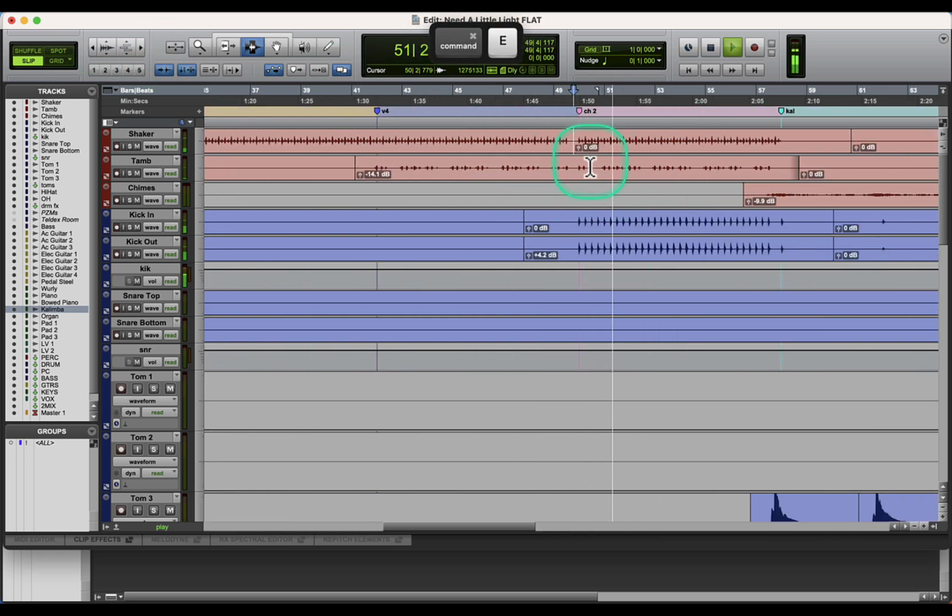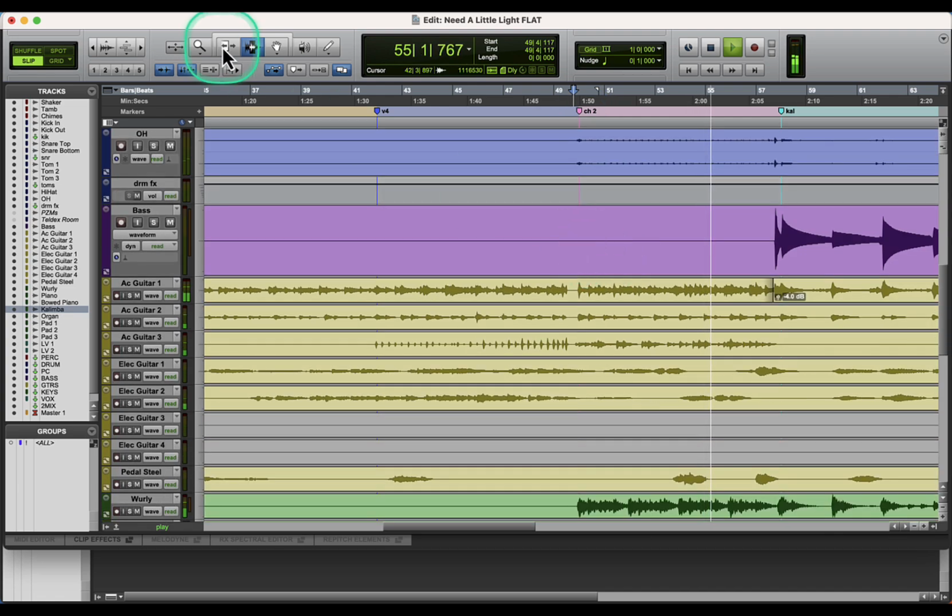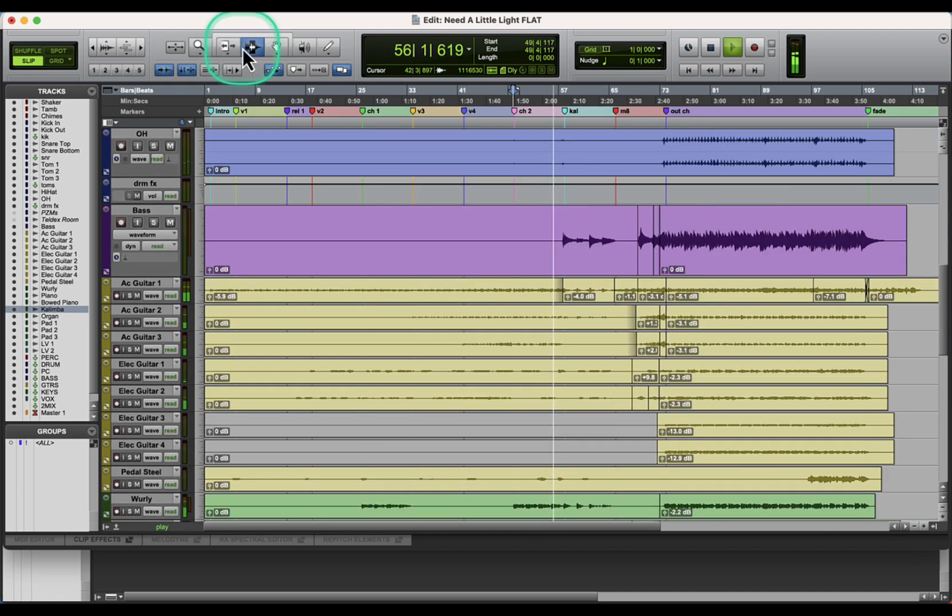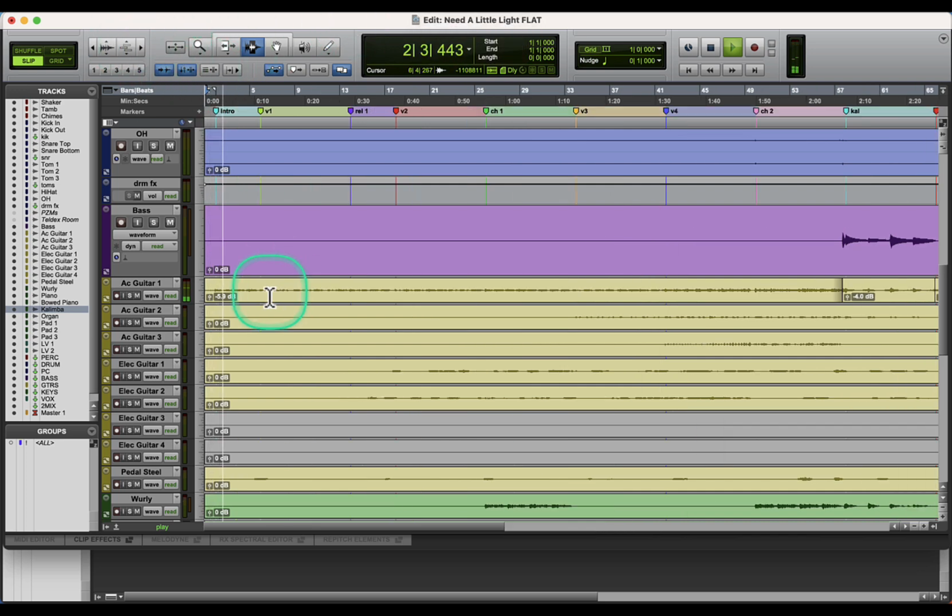They're just kind of sticking out inappropriately, so we had too much of the shaker, but we needed a little more of the hi-hat. So I'm going in and trying to make each section do justice to that section, which doesn't necessarily mean that it's going to be the same